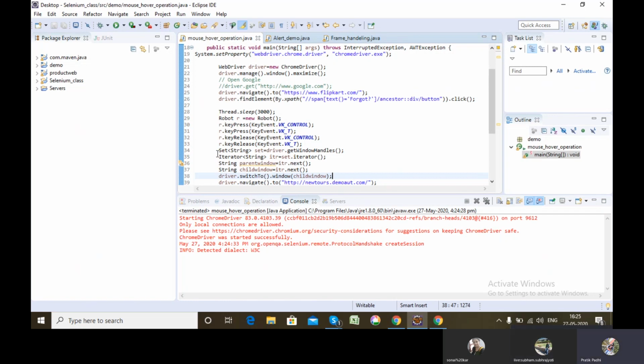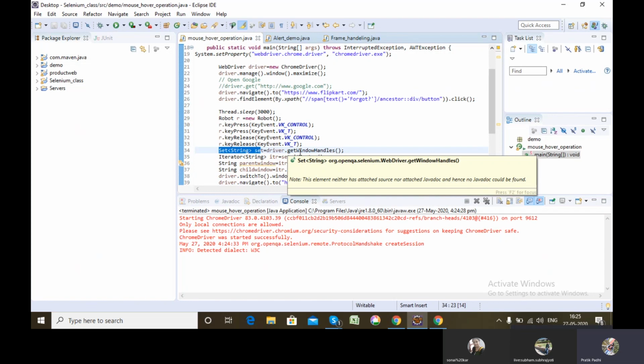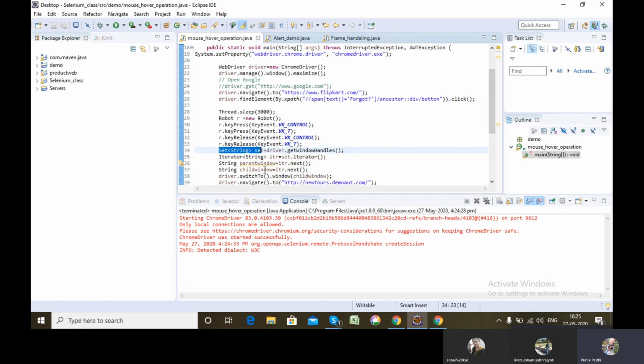First, what I did is I stored the set of strings which is returned from a Selenium function, getWindowHandles. It returns me a set of IDs of all the driver instances that are open.